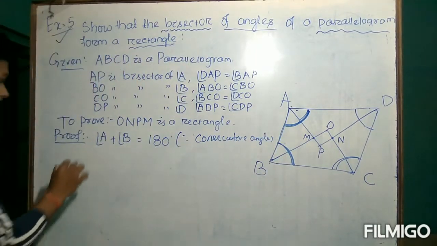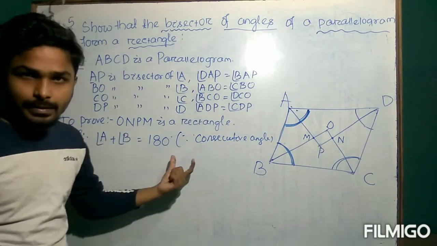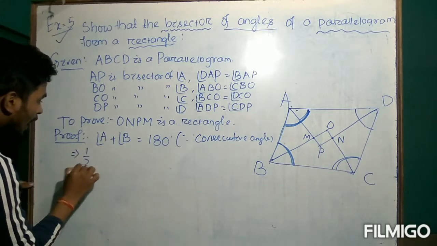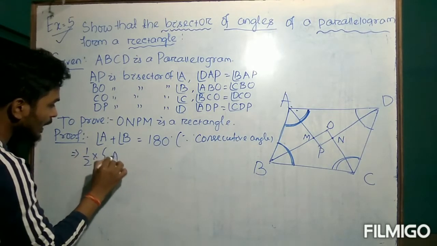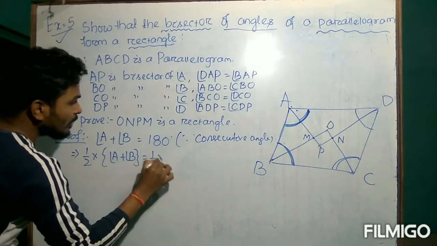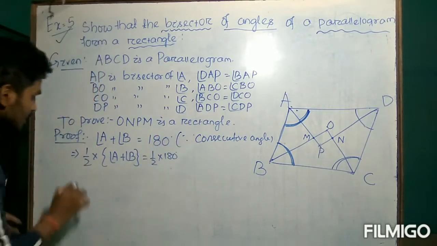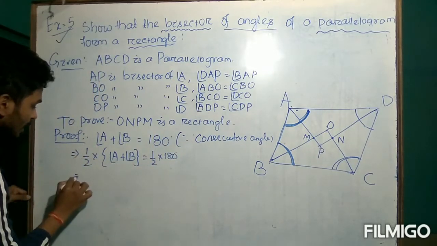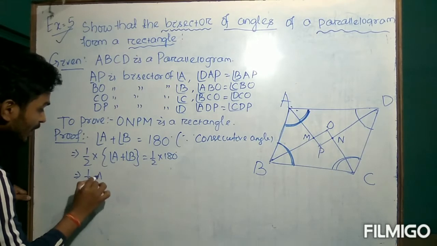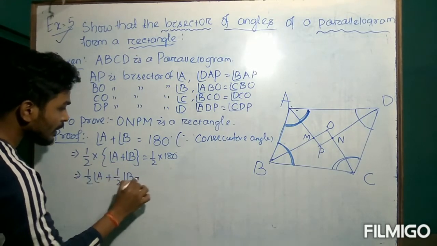Done. Next, we will do what? We will multiply half on both the sides. So half into LHS and half into RHS. So we have multiplied half on both the sides. Now the distributive rule is applied here. We will get half of A plus half of B is equal to